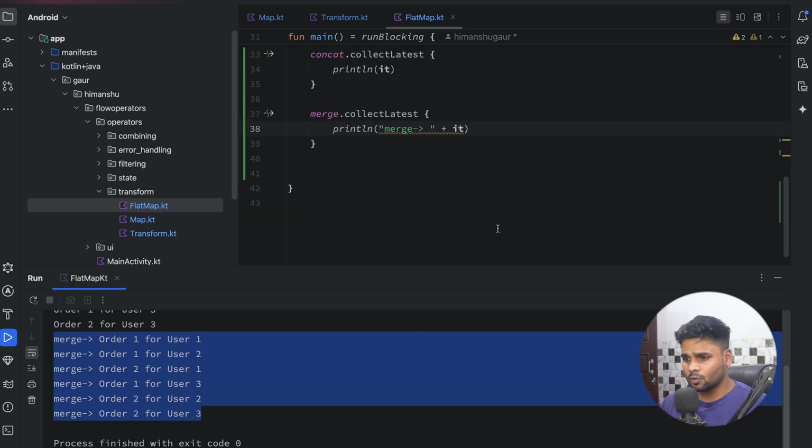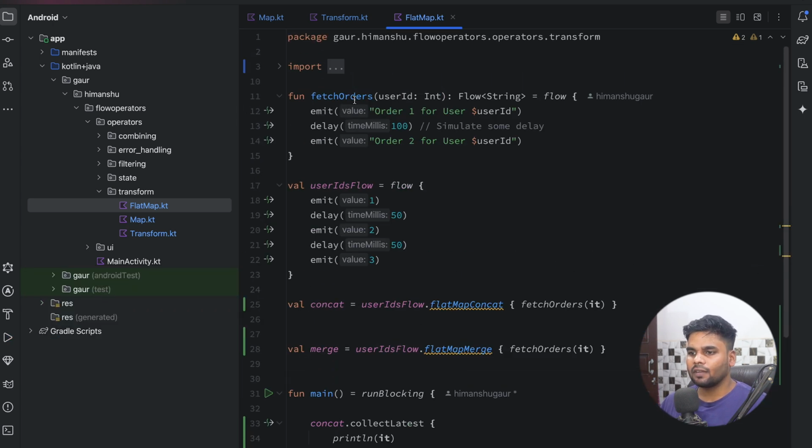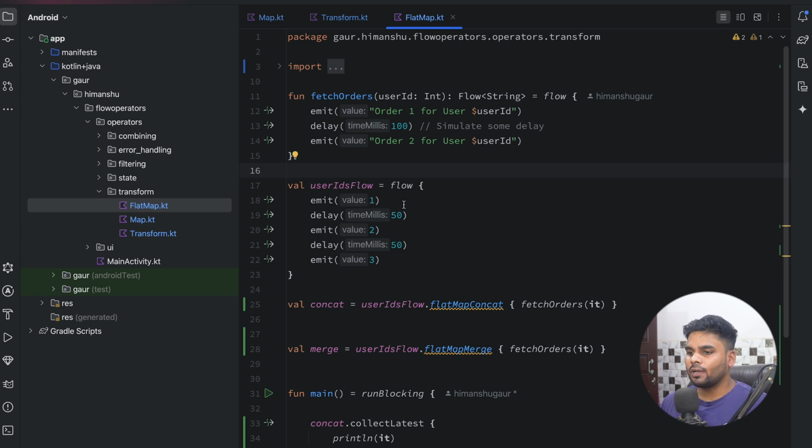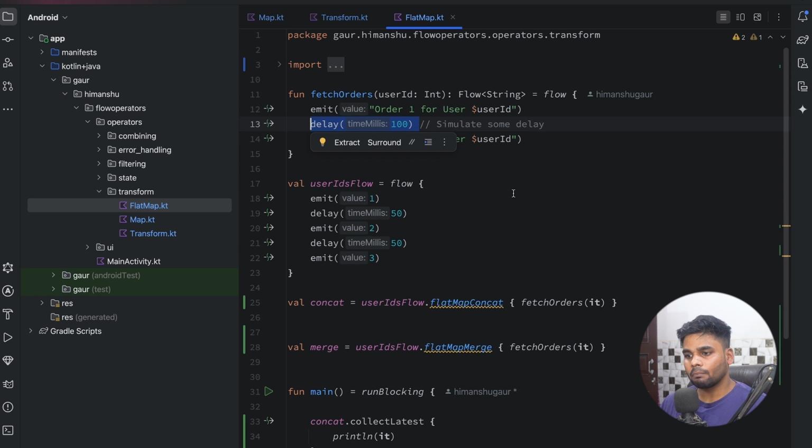So let's see the execution. You will get a complete idea what goes under the hood. So here we are having fetch order, we are having user ID flows. First our user ID flow will emit 1. For the 1 we go to the fetch order, emit the order 1 for the user 1. After that it will take near about 100 millisecond delay, but before that our user ID emits this second